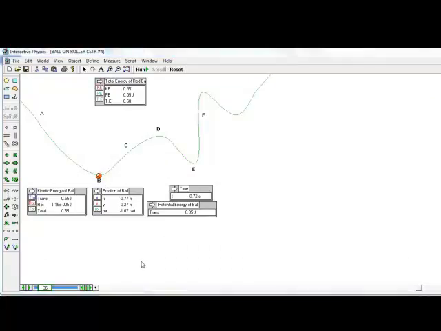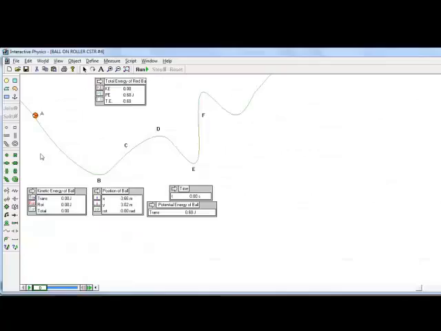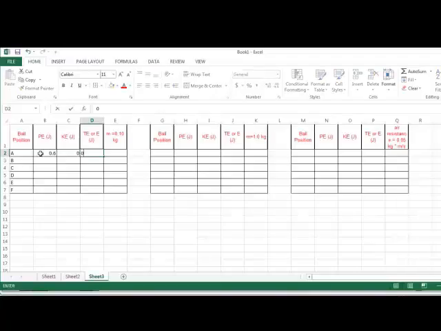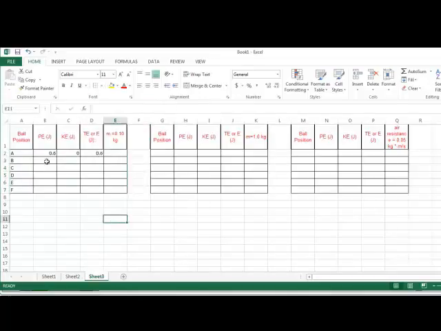So let me actually kind of run through one of these. If I can go back to A, we'll start with the reset. So notice I put A, and there's the kinetic, potential, and total energy. So I come over here, and I can put 0.06 in the potential, 0 for the kinetic. And if you notice, the total energy is also given as 0.6. Okay, and this is actually just for the mass, 0.01. That's not actually a value we actually want to deal with.